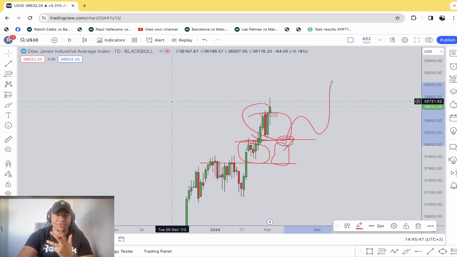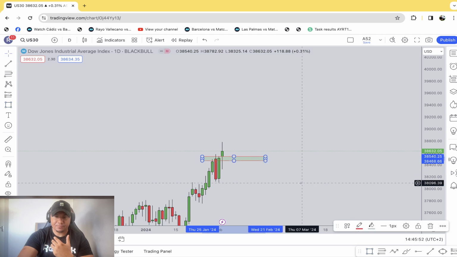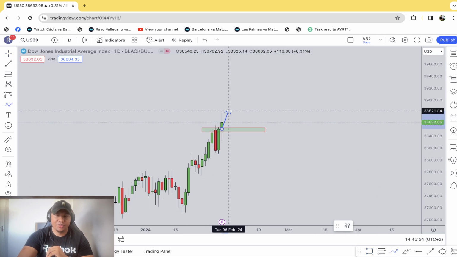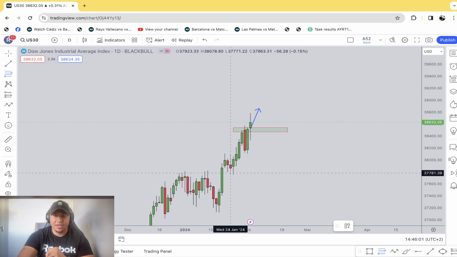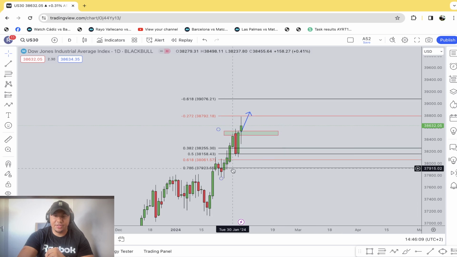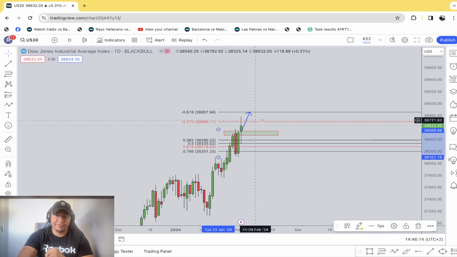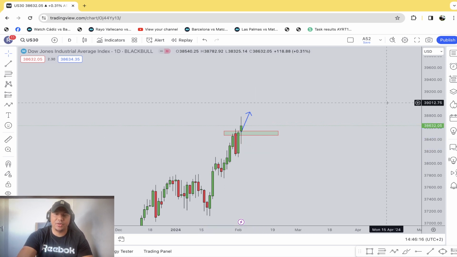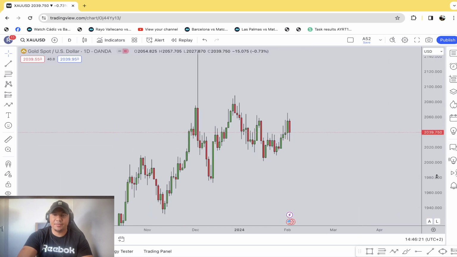For the Dow Jones, I would say we could potentially see this market move higher, but I would wait for price action to develop a little bit further before looking for any buying opportunities. Because if you take the Fibonacci over here, from the low to the high, we had a pullback to the 0.50, which is a 50% pullback of that move. And if we readjust the Fibonacci, you can see that we did hit the target level for the Dow Jones. So again, we could go higher, we could go lower. I would just monitor the price over there.